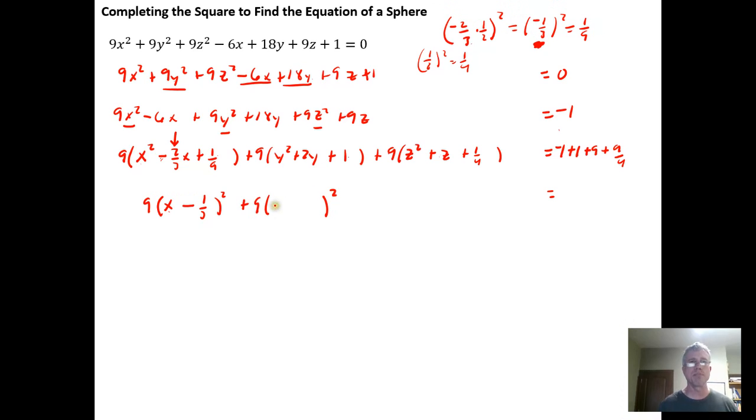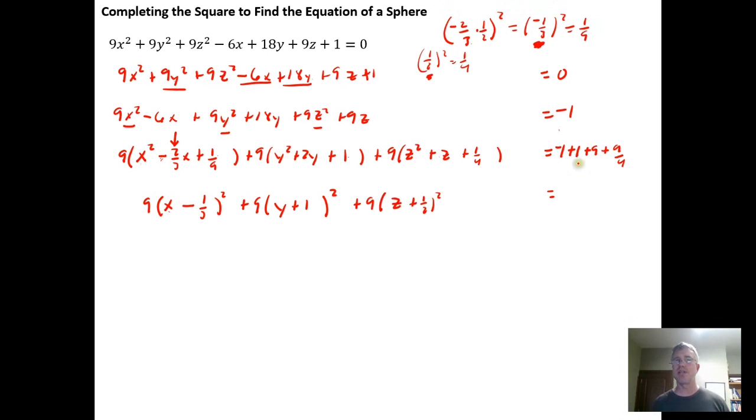What square did I complete? Well, it's going to be y plus 1 because I took half of 2, which is 1, and I squared the 1 and added it. So again, the thing that gets squared is what goes right here, and you need to keep track of whether it was a plus or minus that got squared. And then finally over here I'm going to have z, and then what did I square? Well, I squared a half, so it's going to be plus a half squared equals,